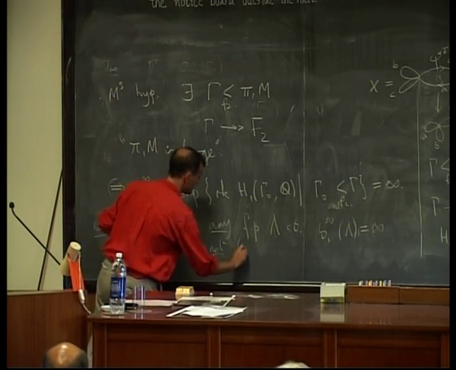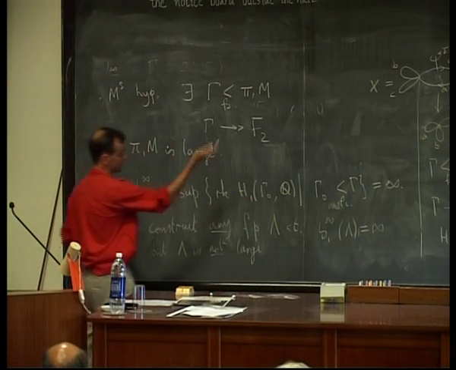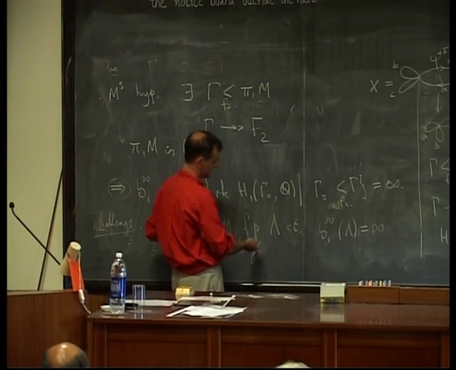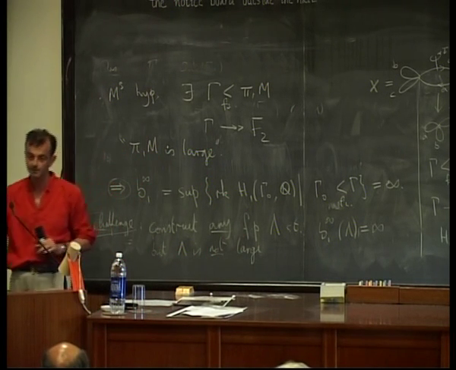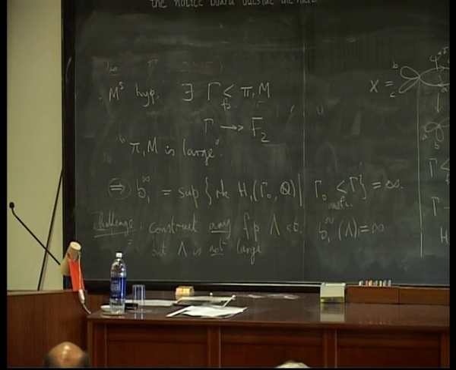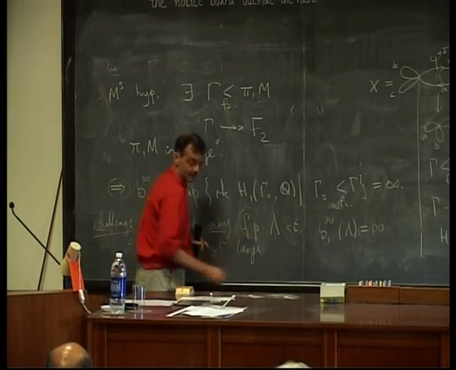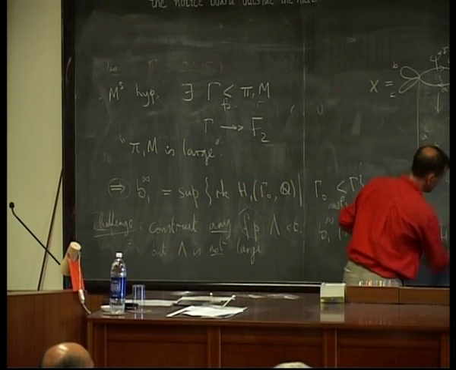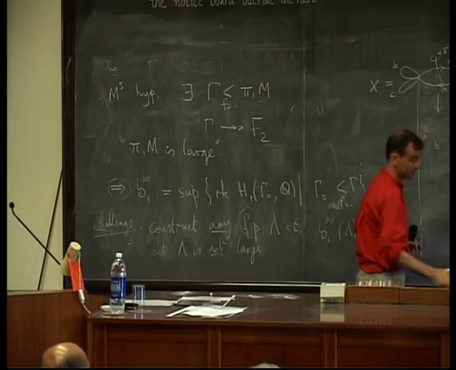So if you're large, then you make this first homology have an arbitrarily large rank by going to subgroups of finite index. That shouldn't be the only reason why you can make this B1 go to infinity. But there's not a single example known. Now it's important that you have finitely presented here. Okay, it's easy to write down classes of finitely generated examples, so I'll just give you one.